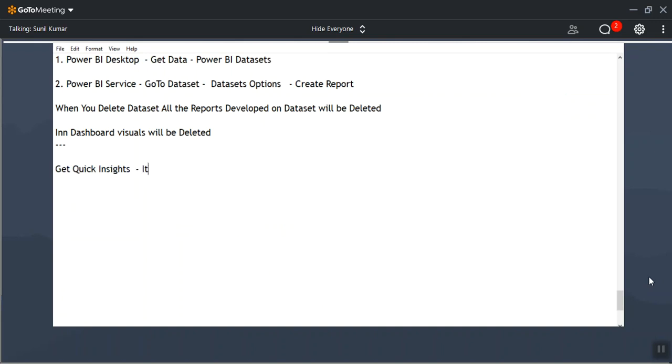So Get Quick Insights will read every table in the model, whatever model we created, and it will identify dimension columns and fact columns, and it will create the visuals using the dimension columns and fact columns.